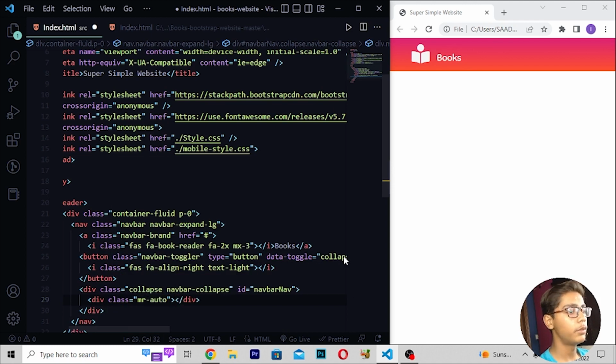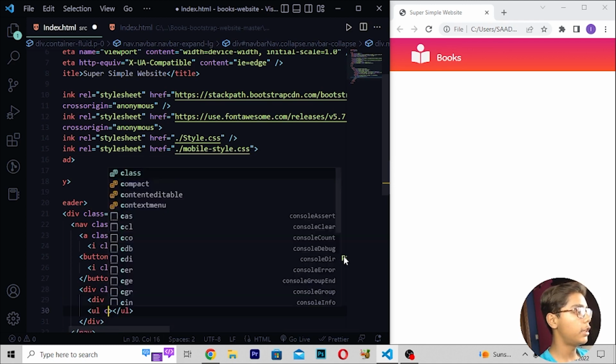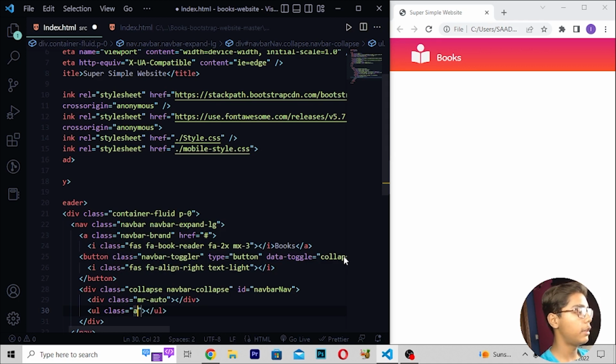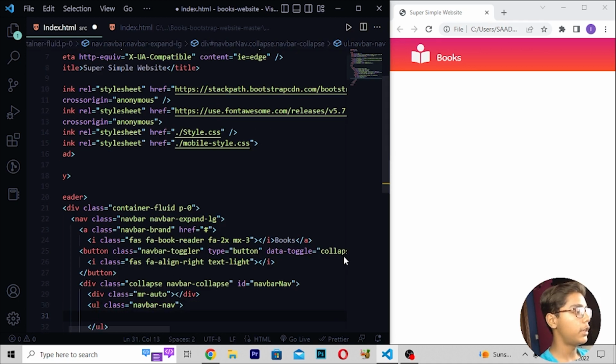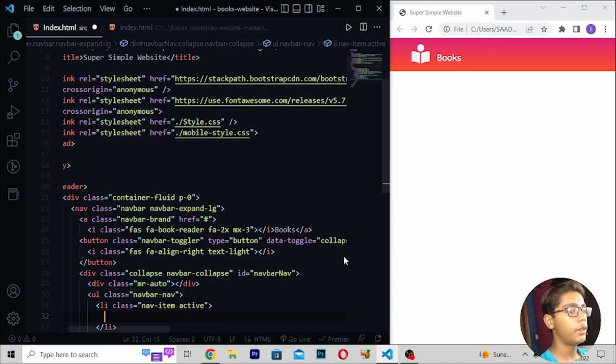Then you have to just move down after this, right here ul class. Then I will be writing navbar, and here I will be now writing nav. Then you have to write here li class. Then I will be writing here nav-item active. Then you have to just move down. Then when you've written this, here I will be writing a tag, and right here class which should be nav-link. Then I will be now writing href is equal to hashtag, then right here home.